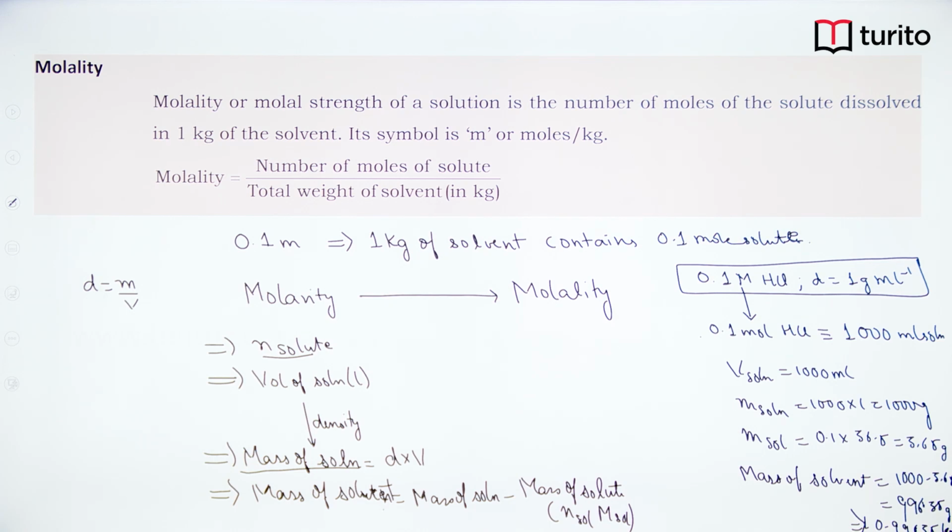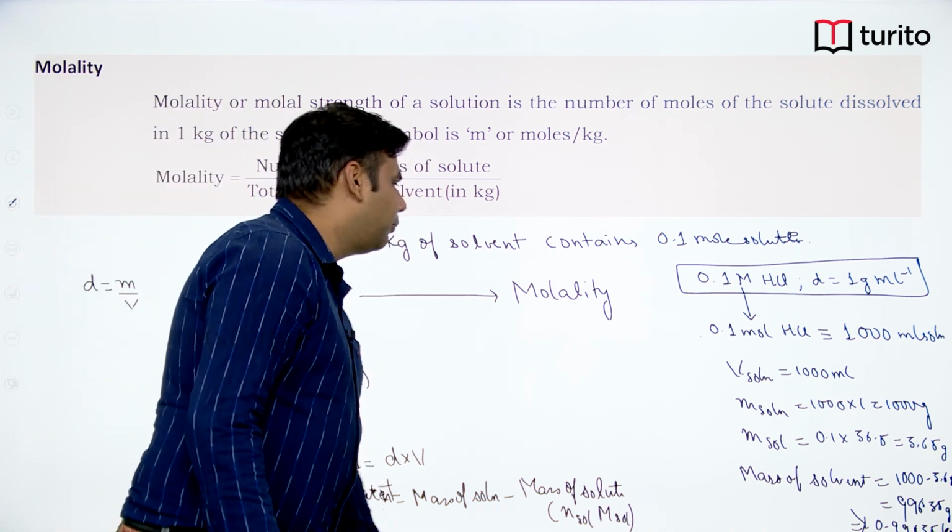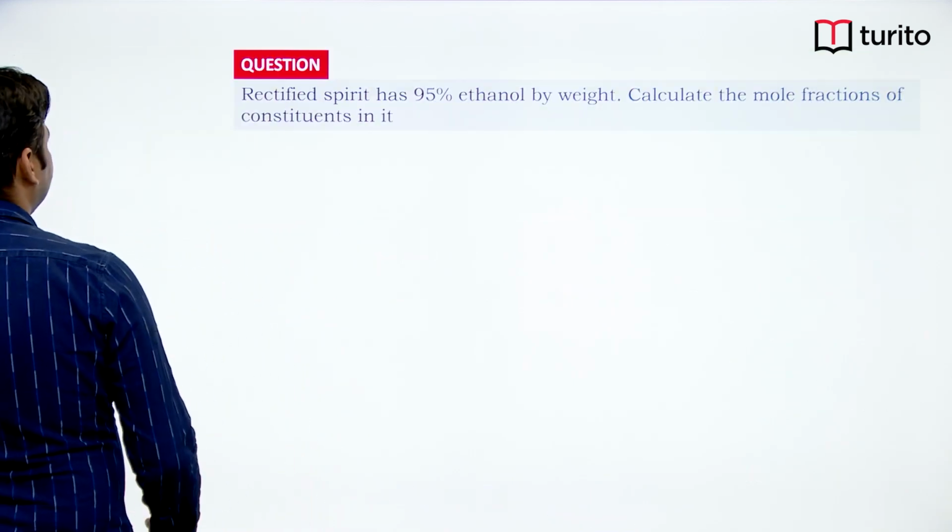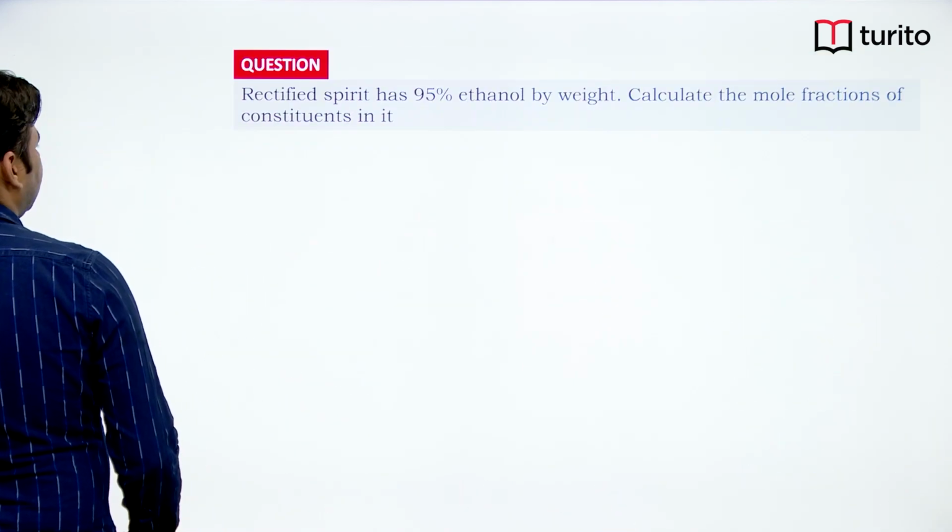So to convert molarity into molality, we would need density of the solution. But if nothing has been given to us in terms of density of solution, then we'll say that the solution is dilute and we'll assume that molarity and molality are equal. Okay. So suppose if we want to convert molality into molarity,